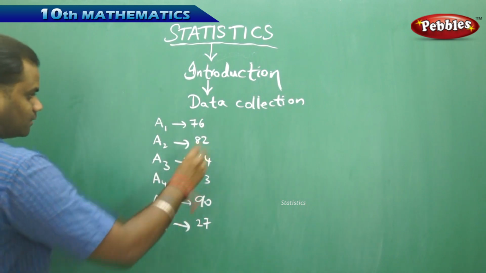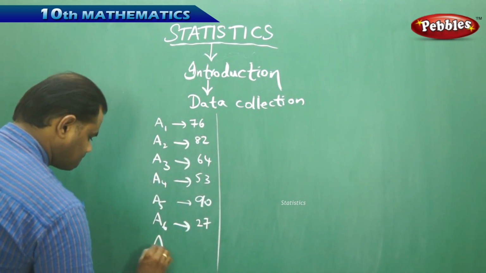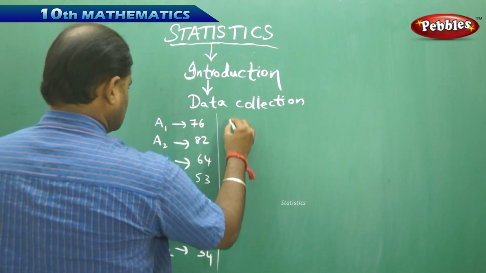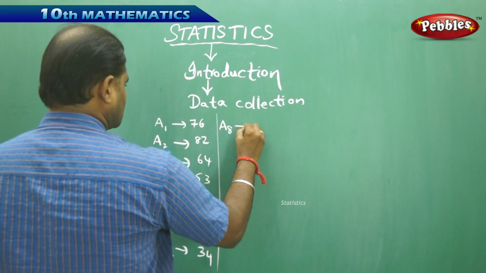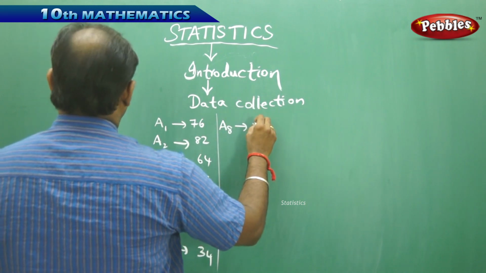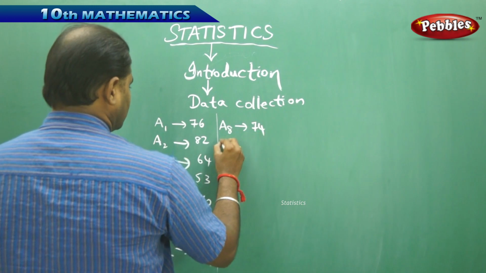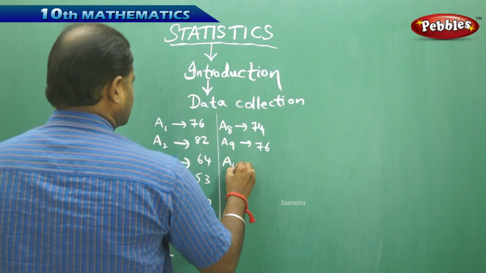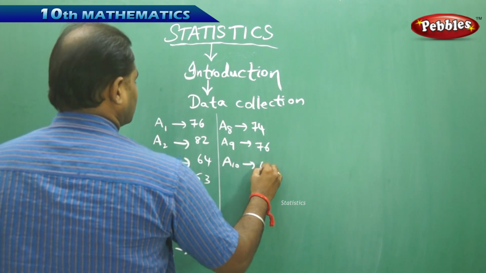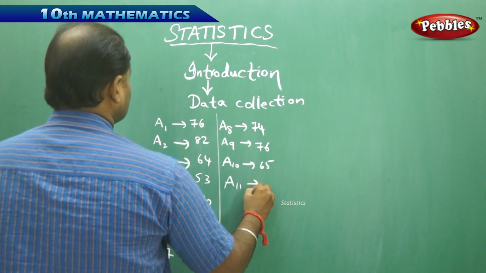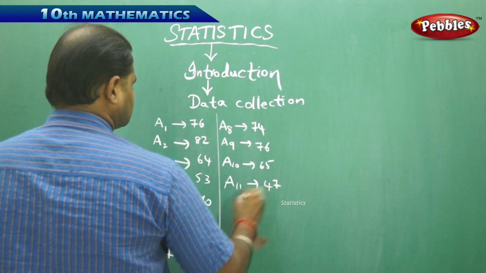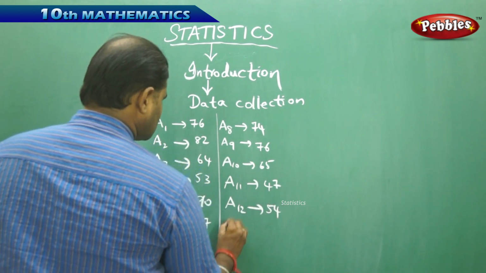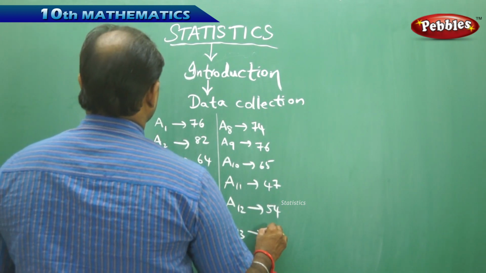Now coming with A7, then A8 is a student who got 74, say, out of 100, and A9 with 76, A10 with 65, A11 with 47, A12 with 54, A13 with 36,